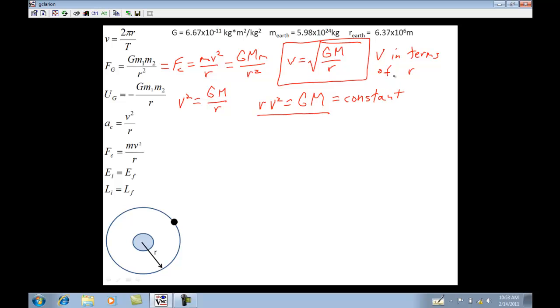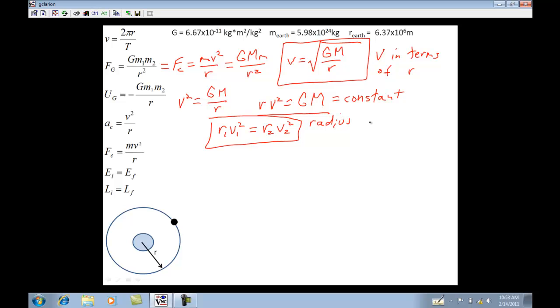Okay? So we would get R1. So if we took a satellite and moved it from one radius to another, we can figure out its velocity. Okay? And notice that what really important thing about the satellite do we not even need? We don't even need to know its mass. Okay? So what this tells us is the radius of a satellite,